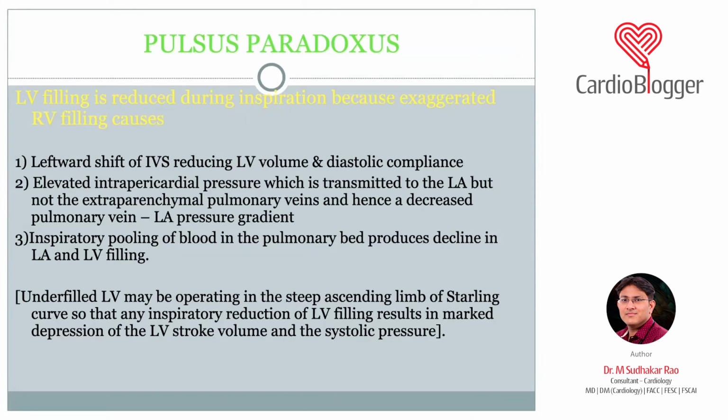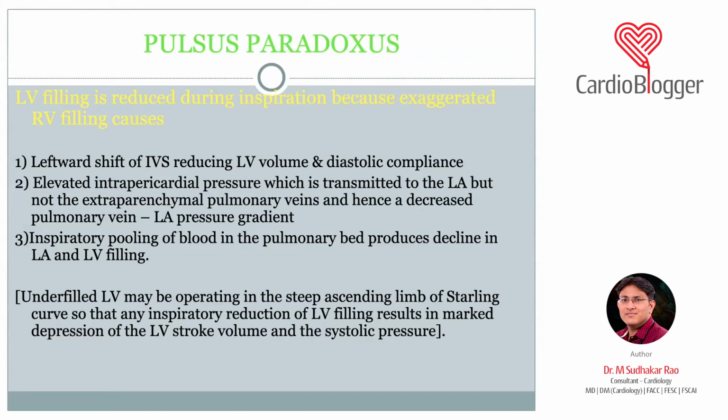Now, they will again ask you, why does paradox happen in non-cardiac causes like severe COPD, bronchial asthma? Now, the mechanism is different. What happens is, on inspiration, because the intrathoracic pressure is very high, all the blood is pulled towards the pulmonary